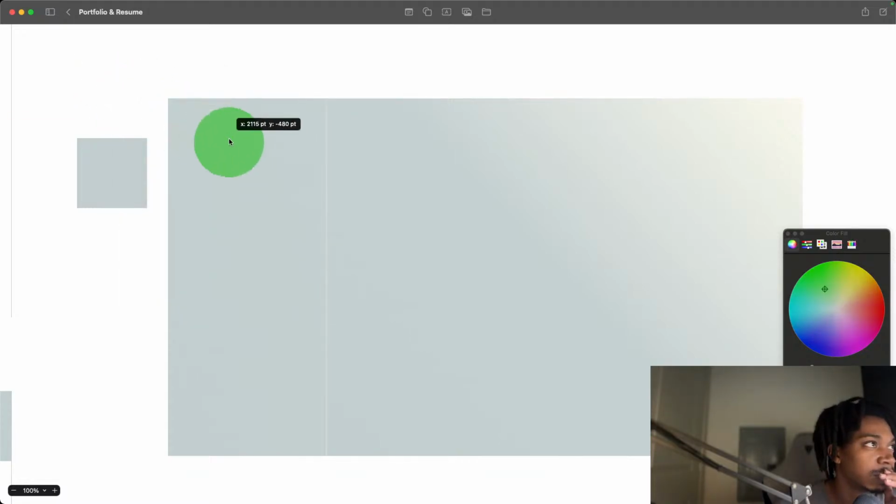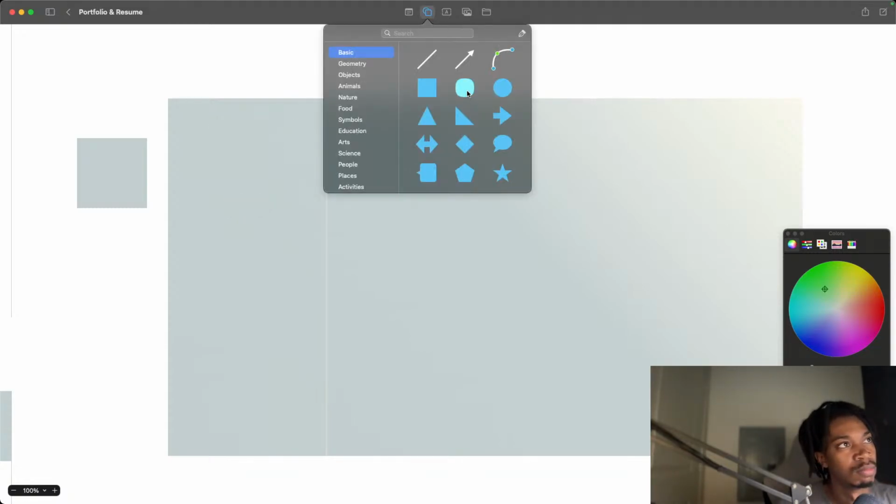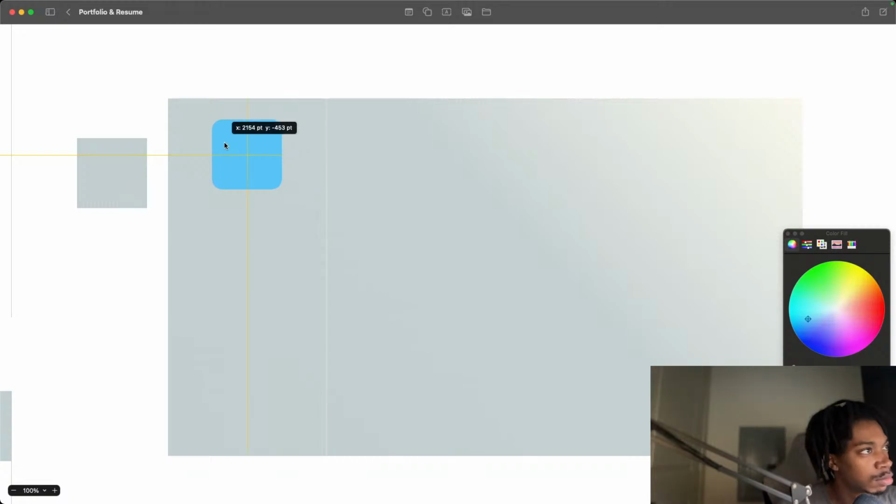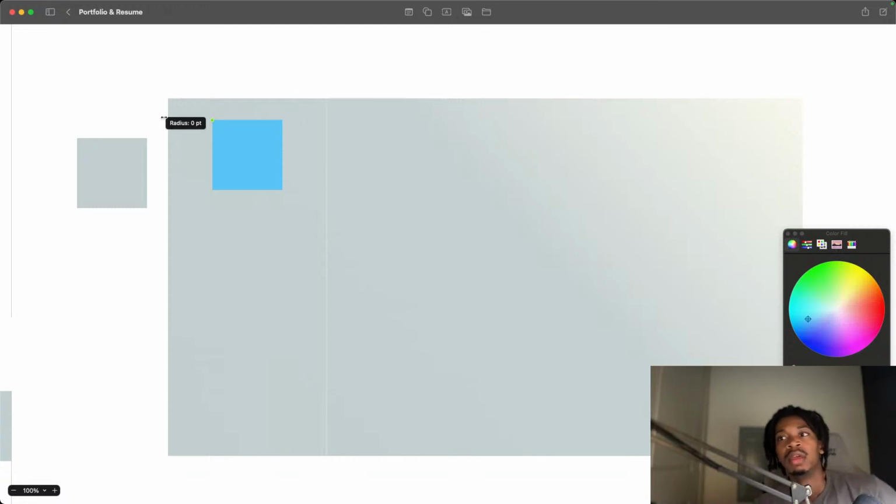Let's bring this to the front. Let's do all that. My picture would be right there. It could either be a square or a circle or some kind of oblong shape. I don't know. Let's keep it